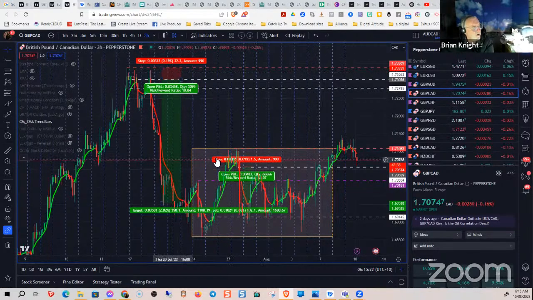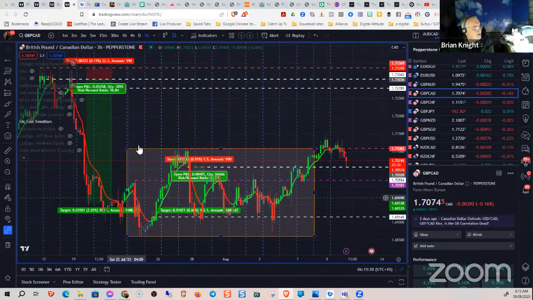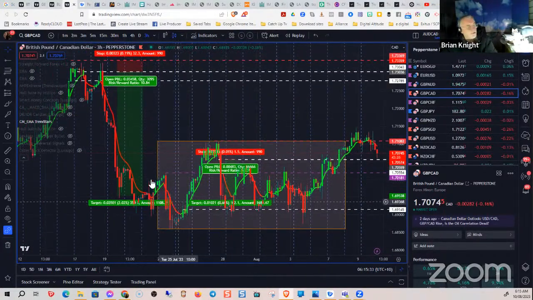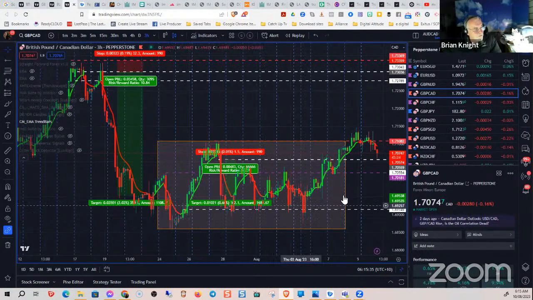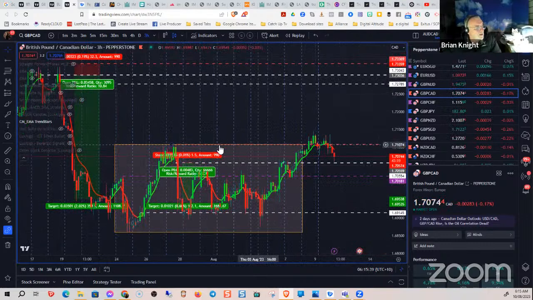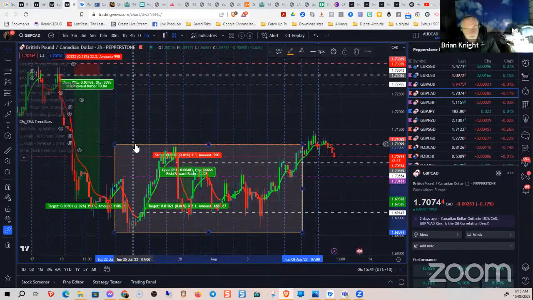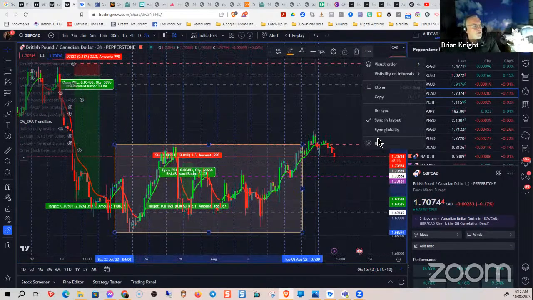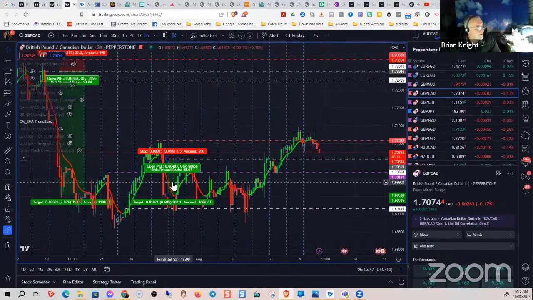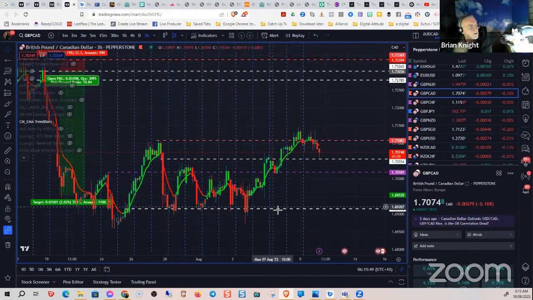Now, I could have got out of the trade down here and then back in, but we weren't looking at back over here. We were still using ribbons and we still had different settings, and it was like stay in the trade, right? And it's now pulled back up again. I'm just going to get rid of that. I'll just hide it for the moment. Take that off. We don't need that for a minute.